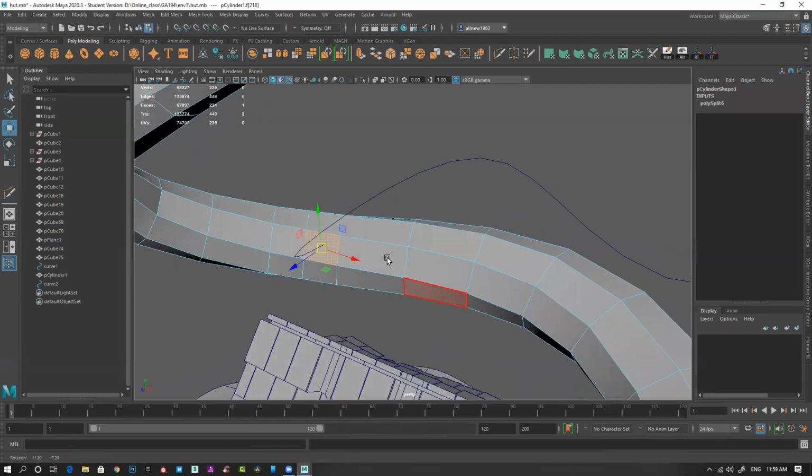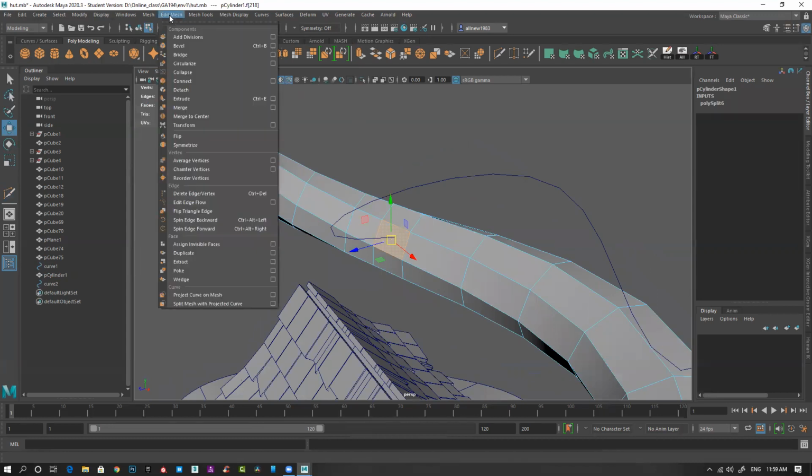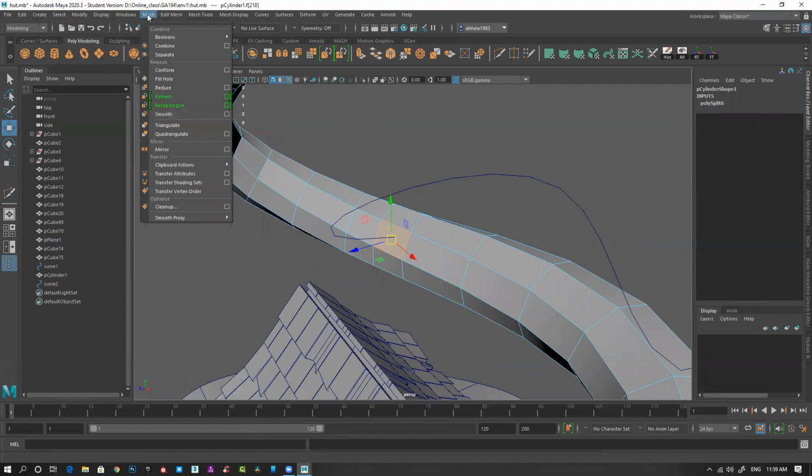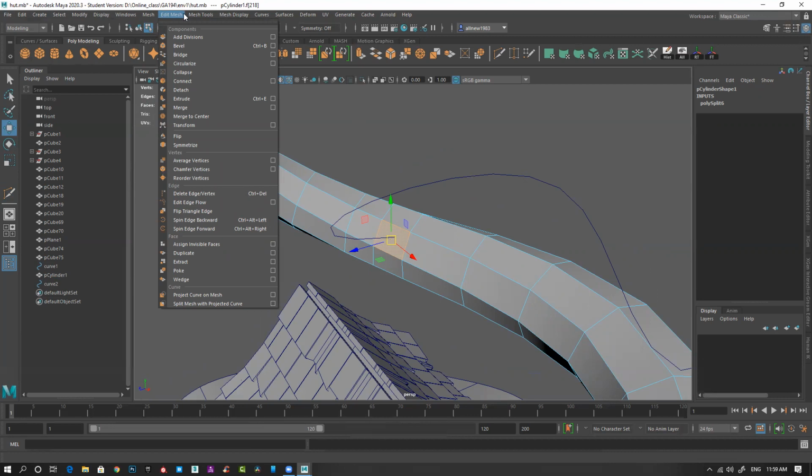Now select this space and go to mesh, and there is the option. Where is that option? Circularize, this option.